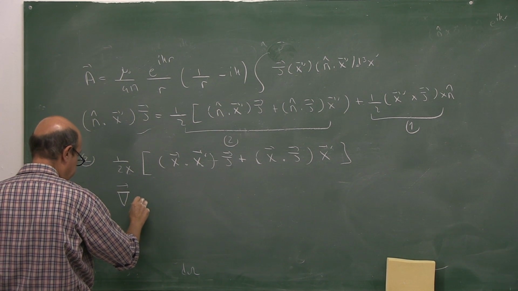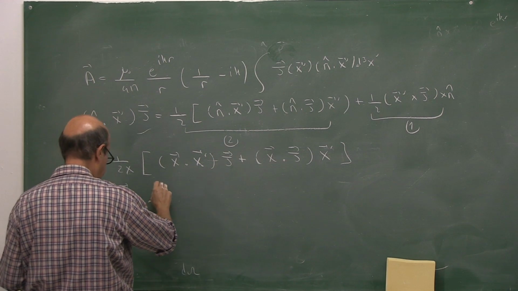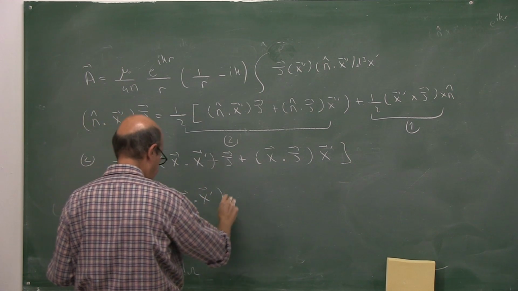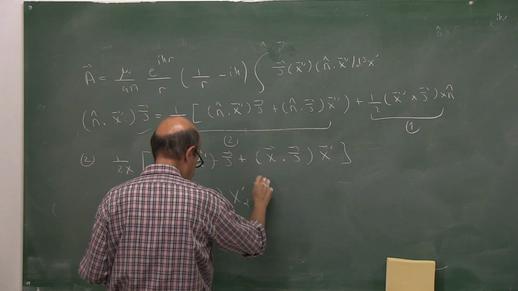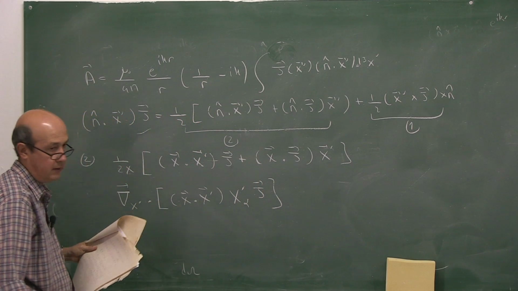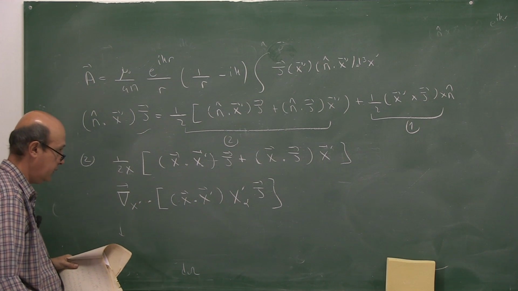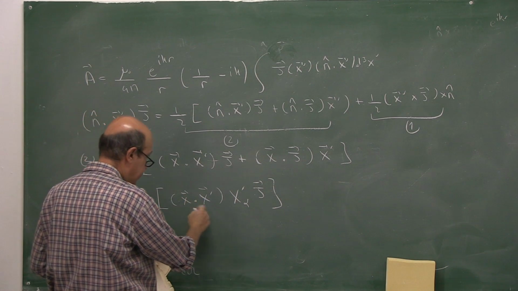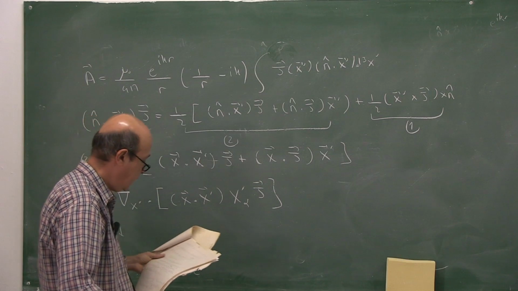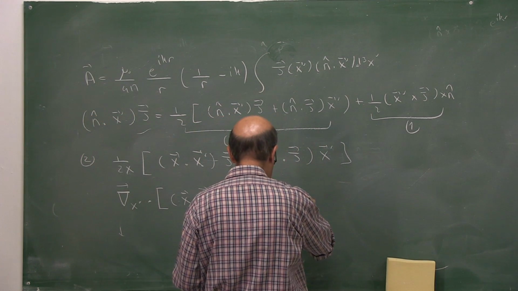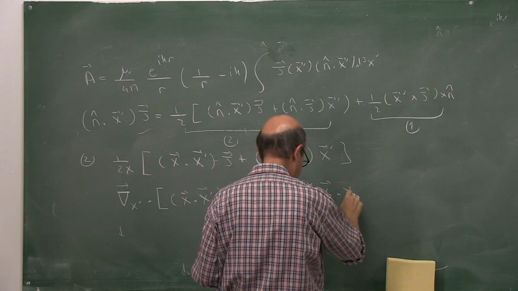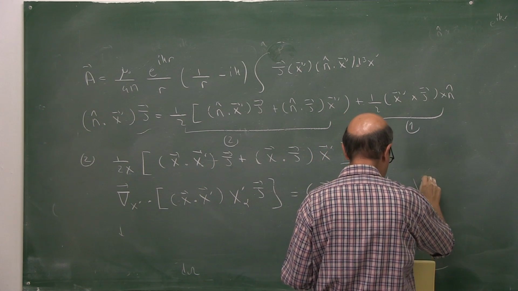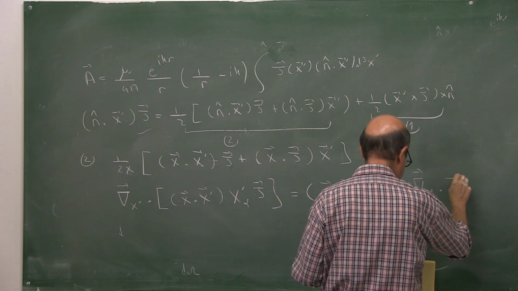Divergence with respect to x prime of (x dot x prime) J alpha. So consider this. I am trying to evaluate this integrand, and you will see that we will do it very easily. Consider this: divergence of a scalar times a vector. What is the divergence of a scalar times a vector? Scalar, x dot x prime and the alpha component of x prime, times divergence of the vector,